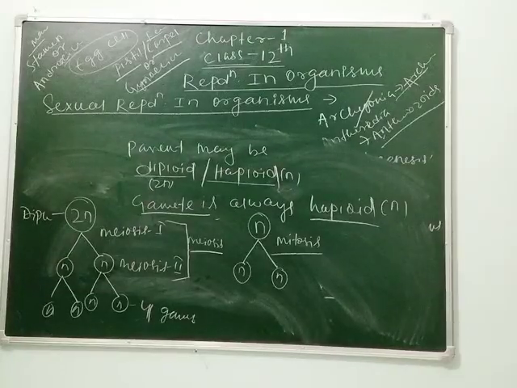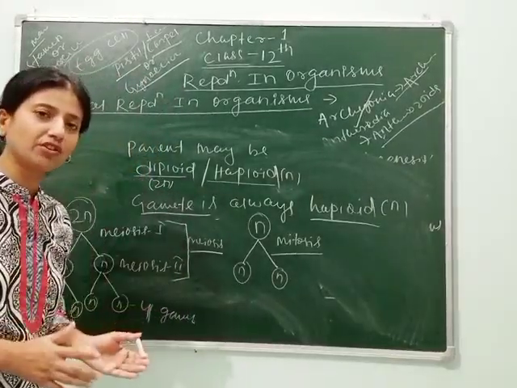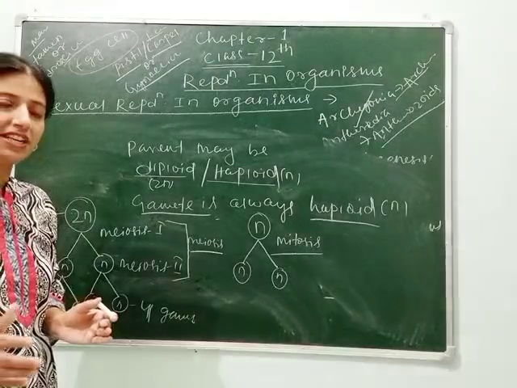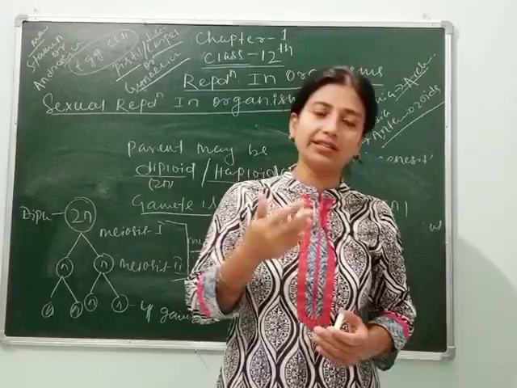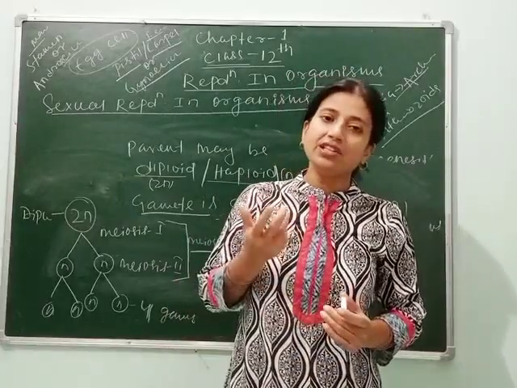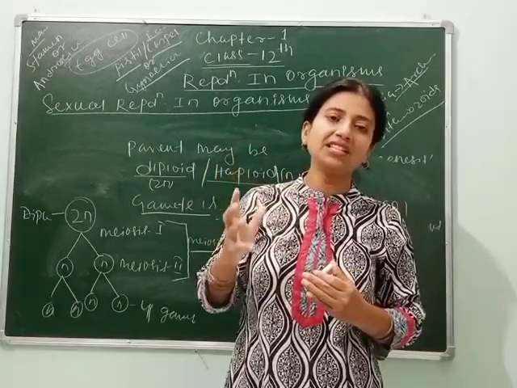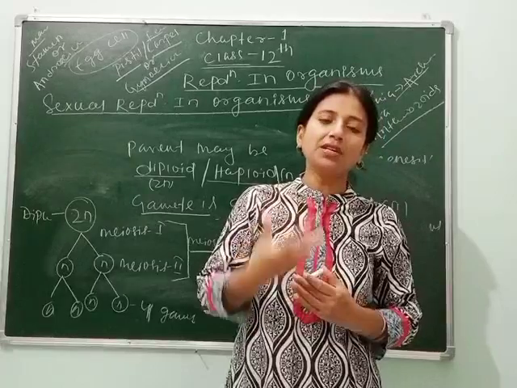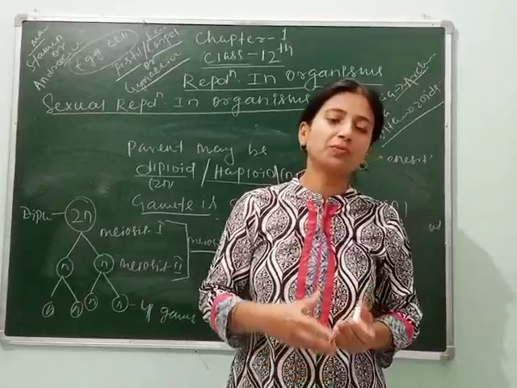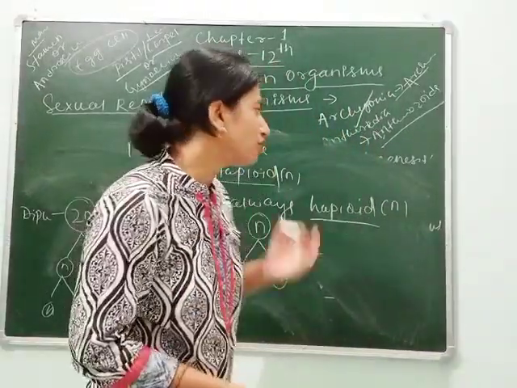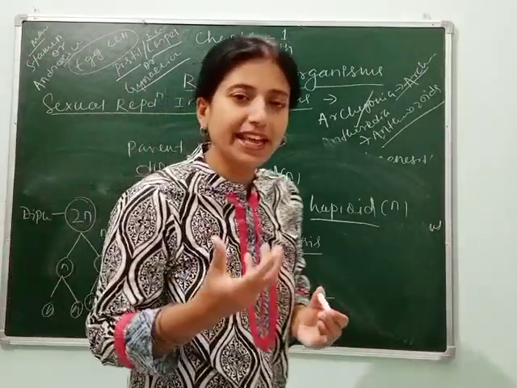So we can see that different parts of the plant contain different sex organs. As I have told you, the male sex organ is present in males, and the female sex organ is present in females. If we consider the earthworm, cockroach, then Cycas, Pinus, then human beings, the gametes are formed in particular places, meaning in what we can call the mother cell. Suppose the megaspore mother cell forms the female gamete, the microspore mother cell produces the male gamete, and so on. So different types of organisms produce gametes here.